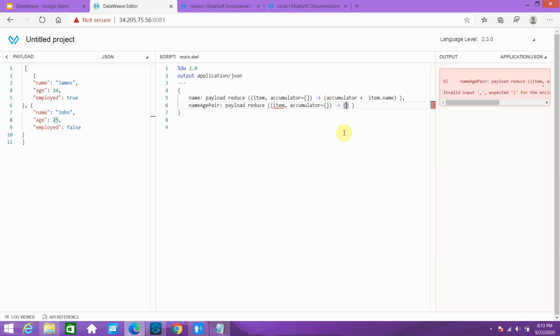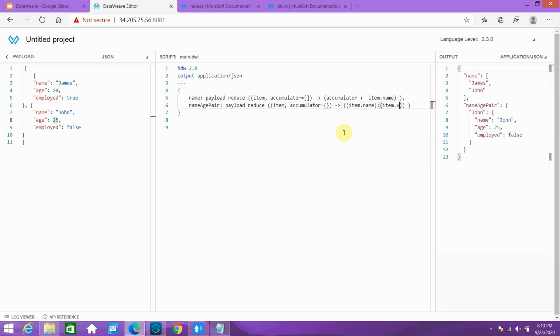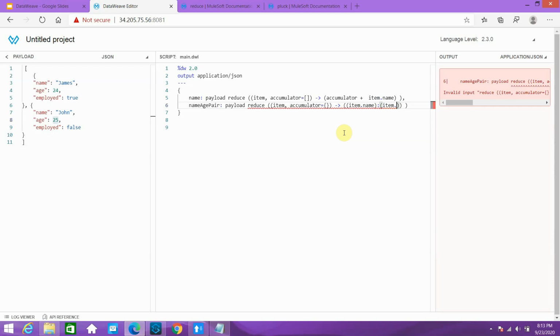Then I want name as my key, so I can say item dot name, then item dot age.